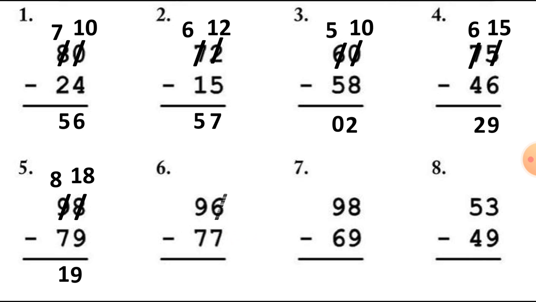So we have to cut the 6 number first and add the 10 numbers into the 6. So 10 plus 6 is equal to 16. You can see here I put 16 number here. Now we can easily cut 7 number from this 16. So if we cut 7 number from this 16, the answer 9 will come. Now students, the ones column is complete. Now let's move to the tens column.